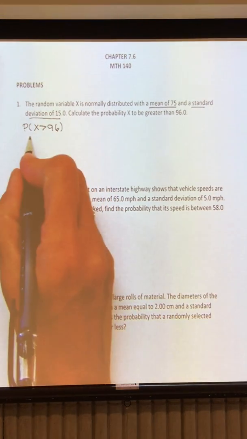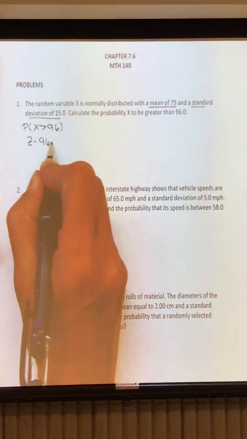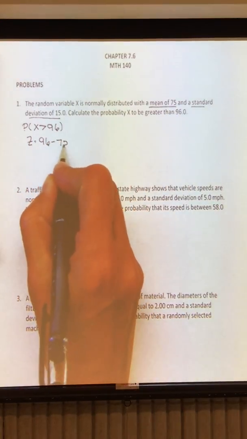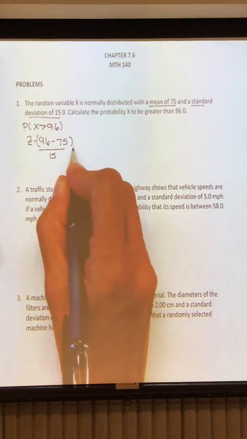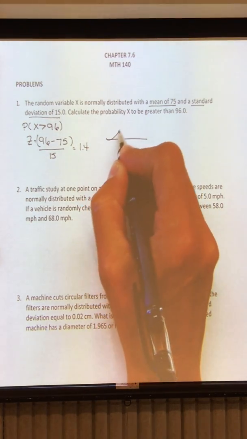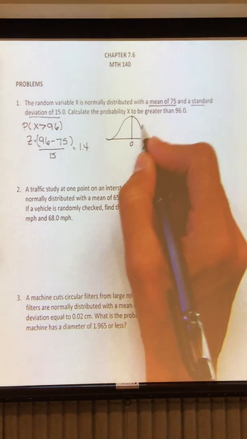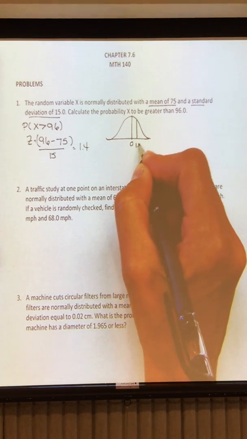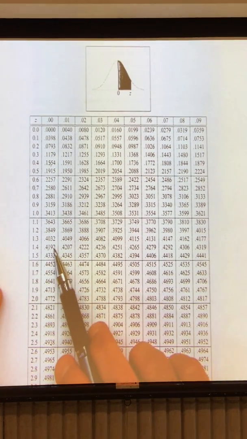So your first step is to calculate the z-score, and the z-score is x minus the mean divided by the standard deviation. And once you calculate that, your z-score is 1.4. So now drawing your curve, the mean is now in the middle, which is 0. 1.4 is to the right of the mean, and you want greater than 1.4. So now you look at your table, your standard normal distribution table, and you go to 1.40, and that is